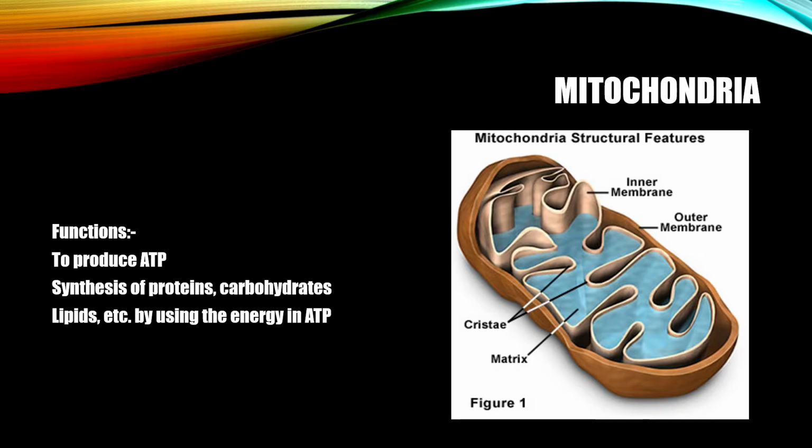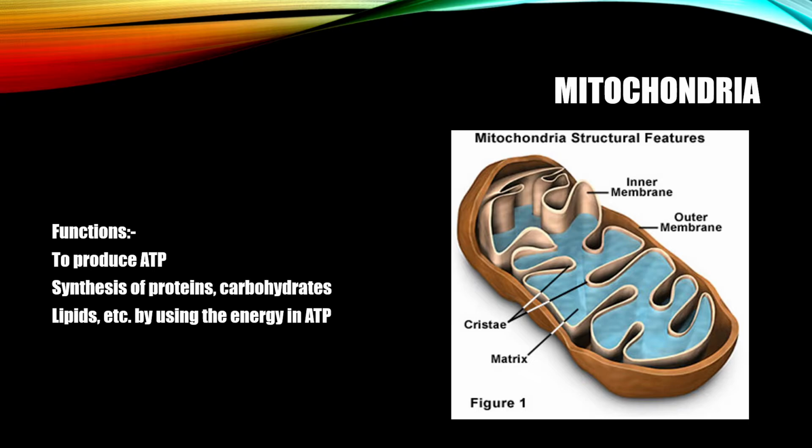The next part is mitochondria. Each cell requires energy, and this energy is produced in mitochondria. Under the electron microscope, a mitochondrion is seen as a double membrane structure. The outer membrane is porous and the inner membrane is deeply folded. You can see the folds in the figure. These folds are called cristae. Remember the word cristae. The inner cavity is filled with a proteinaceous gel-like matrix containing ribosomes, phosphate granules, and DNA.